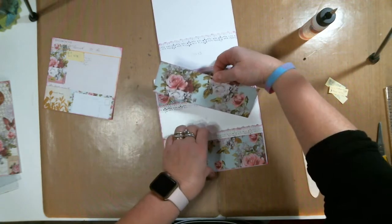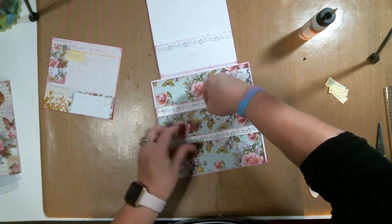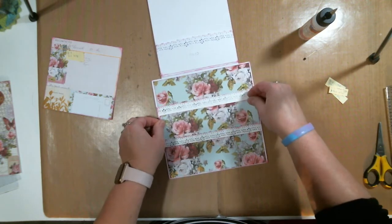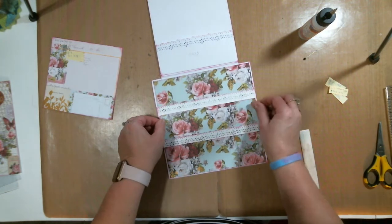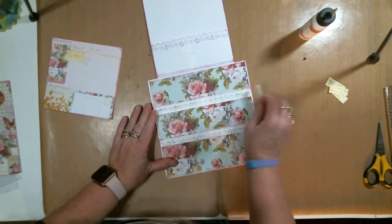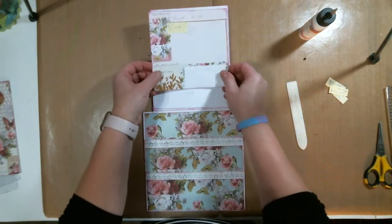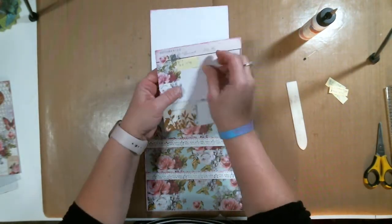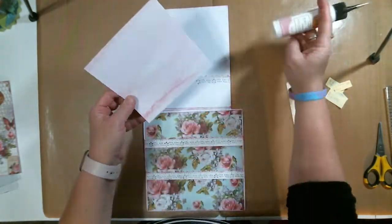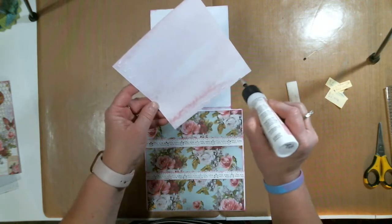Going to hold up my pocket as I insert this one. And there's that. This is our inside piece. This is 6 by 5 7/8. You might think those are weird measurements, but as you've looked in my cutouts, I have, again, used this paper